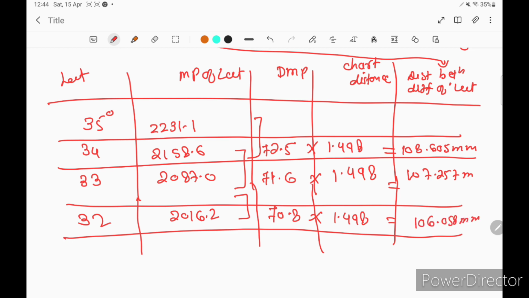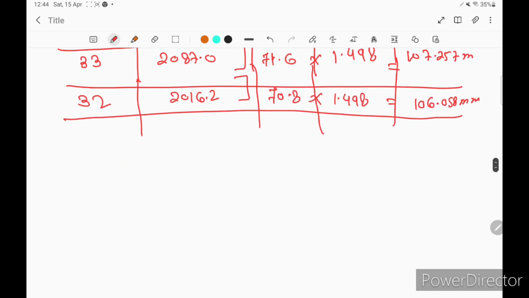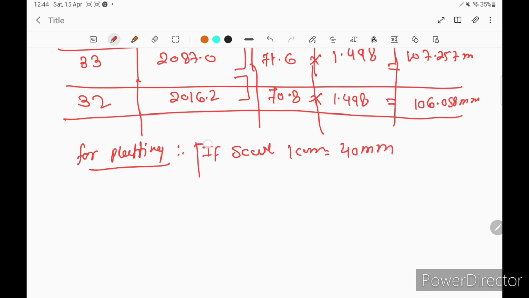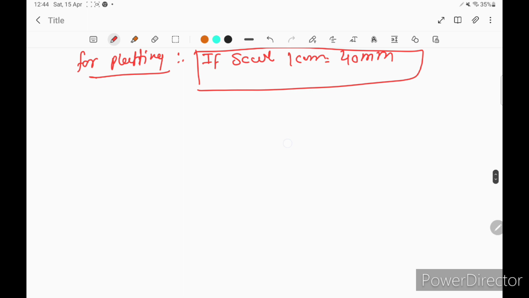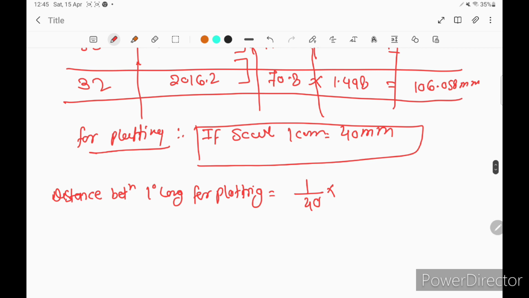Now since we cannot plot directly on the paper, we have to take a scale for plotting. Let's consider the scale as 1 cm equal to 40 mm. So the distance between 1 degree longitude for plotting is equal to 1 divided by 40 into